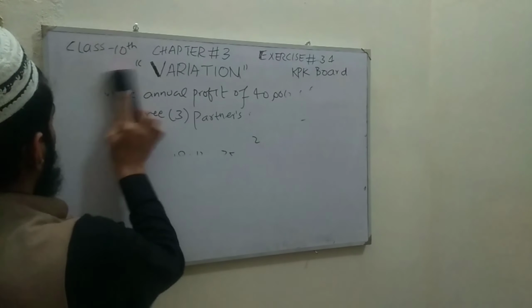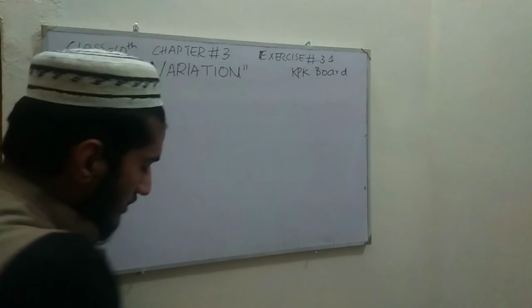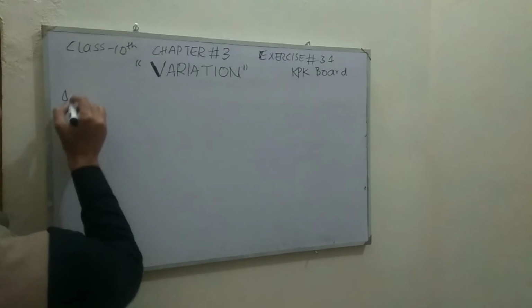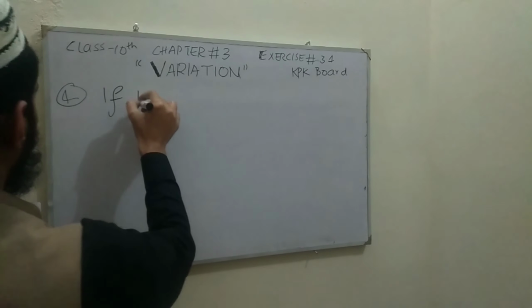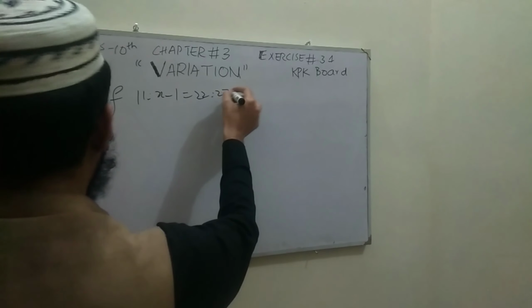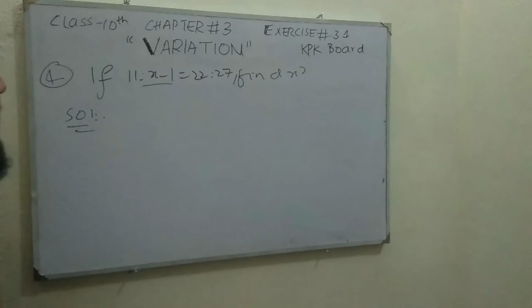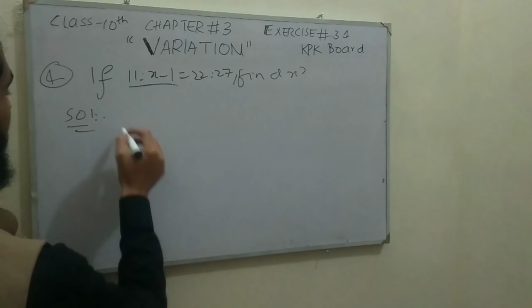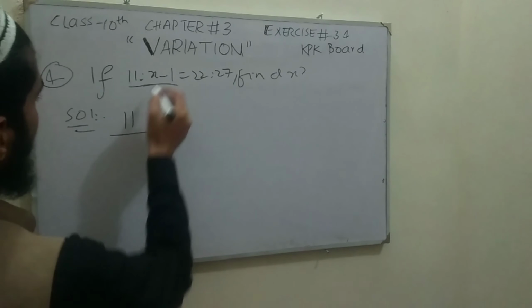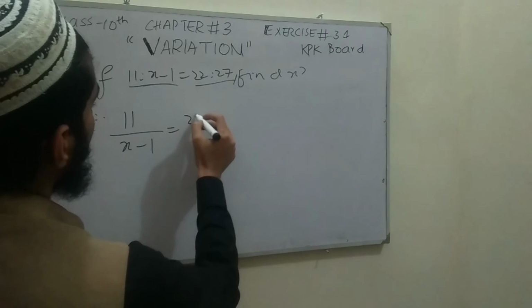Question number 4. According to question number 4, if 11 ratio x minus 1 is equal to 22 ratio 27, then find the value of x. So ratio can be written in the form of division. So 11 ratio x minus 1 can be written in division. So 11 divided by x minus 1 is equal to 22 ratio 27 can be written as 22 divided by